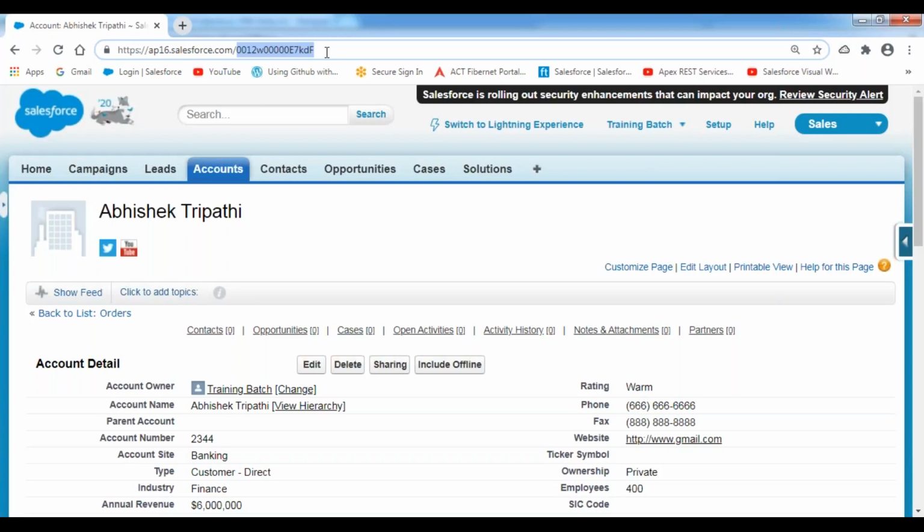If you want to get the 18 character ID, we have to go to the database and make a query by using a select statement to get the complete 18 character ID. Both are case sensitive IDs. Whenever you are querying records from your Salesforce application, the 15 character ID is sufficient. If you want to query the data from third-party applications, the 18 character ID is mandatory. These are the differences between the 15 character ID and the 18 character ID.